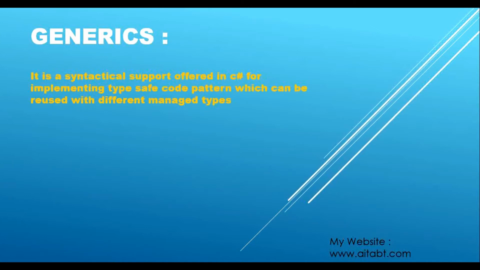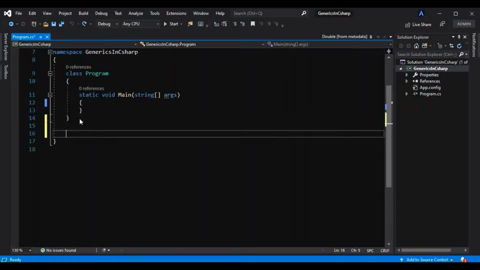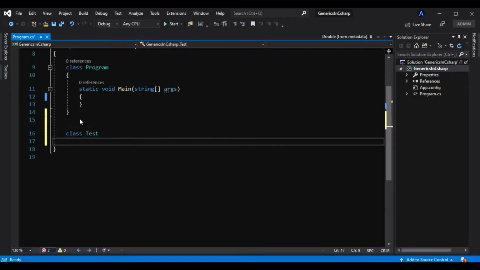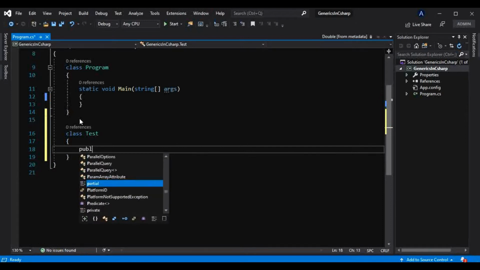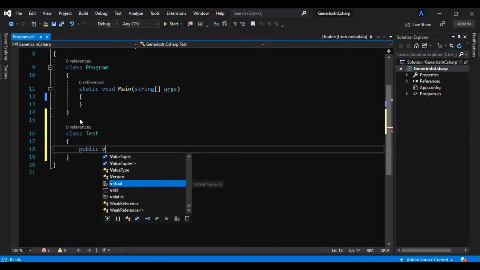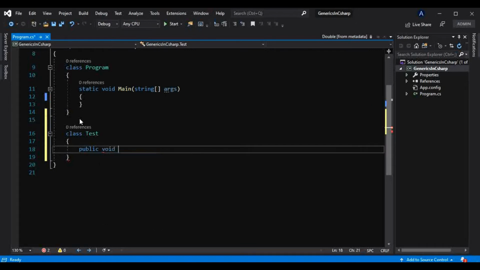Now what this means, let's see directly in action, and for that let's switch to Visual Studio. Let's create one class here, class Test. Let's say we have one method here, public void EqualityTest, where we will see if two entities are equal or not.